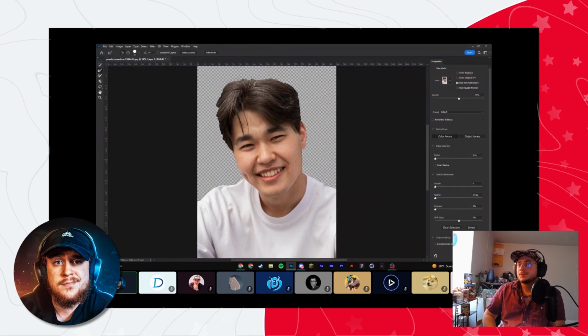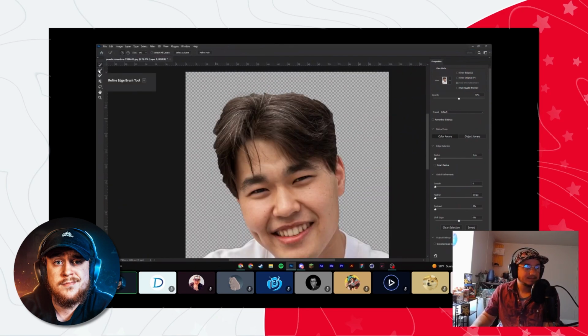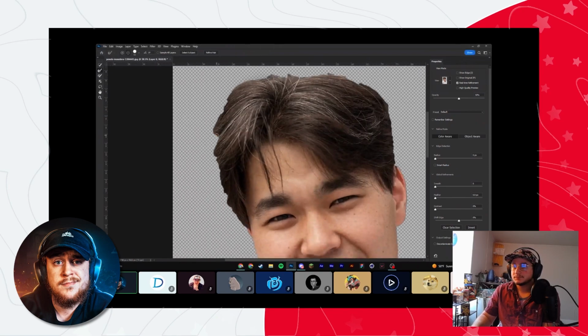You're going to go to select and mask, and then one of my favorite tools to use, the refine edge brush tool. It's right here, underneath the quick selection tool. This is why this effect goes unnoticed 9 times out of 10, because the tool itself is super hidden. But if you go through this, you can go around your hair, and Photoshop will automatically, by default,